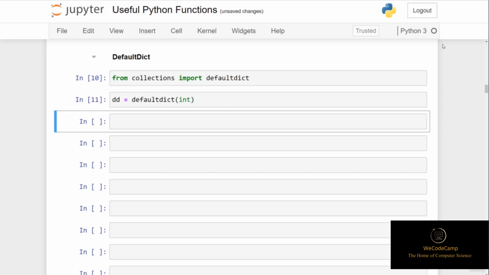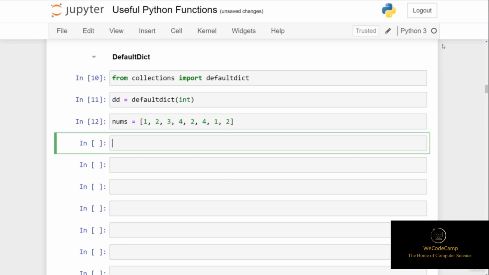So we can now create a variable called nums, and we'll just set this equal to an iterable. So we'll create a list and we'll pass in some random numbers. So we'll put 1, 2, 3, 4, 2, 4, 1 and 2. We'll now simply iterate through these numbers to create the count and store the count of these